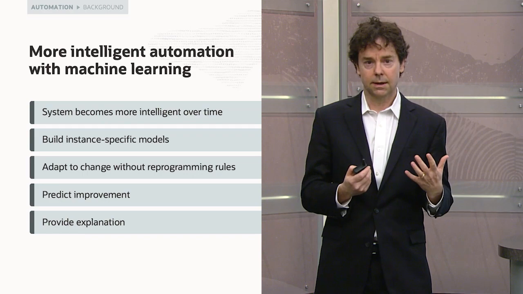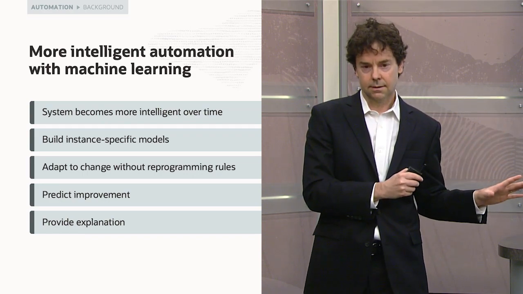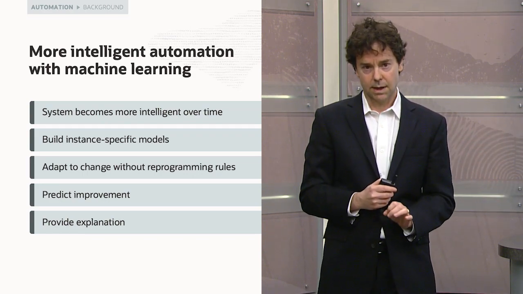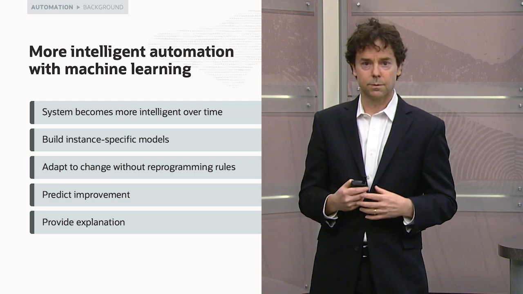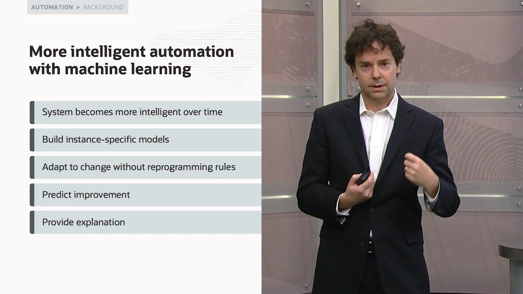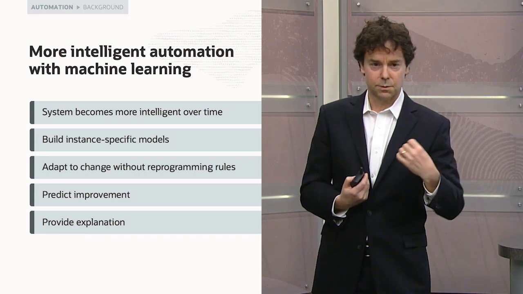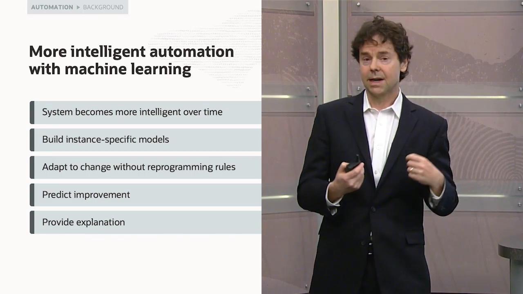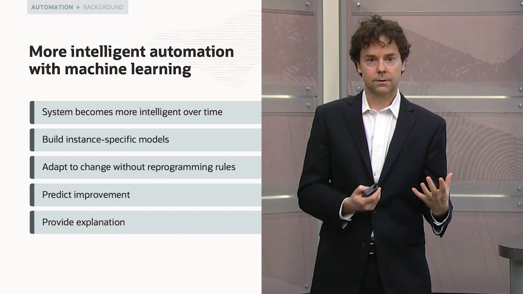Now, why use machine learning? Some people might say, well, you could just write rules to do automation for provisioning or whatever else. Well, the answer is that if you use machine learning, you can take all that data and feed it into machine learning models. The system itself becomes more intelligent over time. It will infer important connections that a human being would never be able to, and would never be able to actually code correctly using rules.